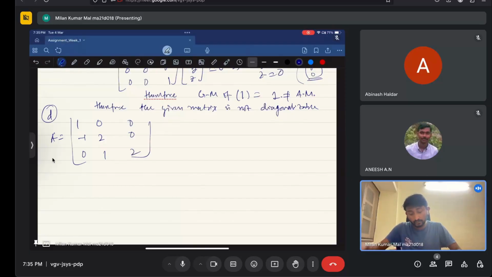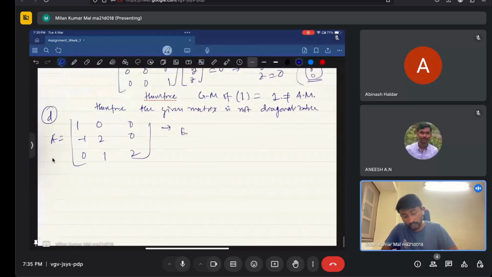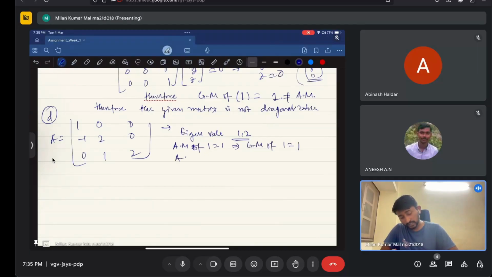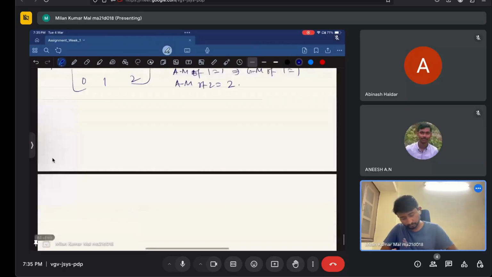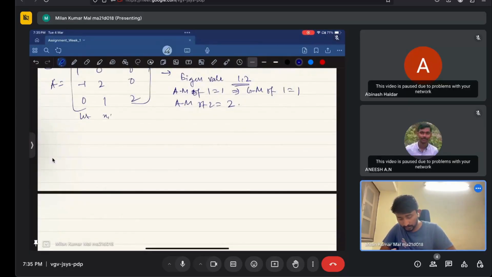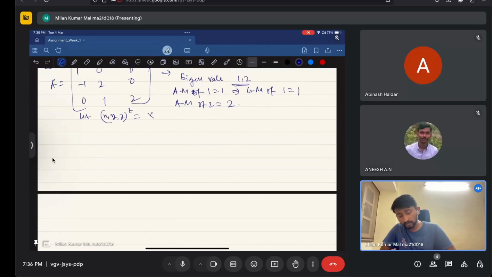That's true. So for this matrix also the eigenvalues are 1 and 2. The algebraic multiplicity of 1 is equal to 1, therefore the geometric multiplicity of 1 is equal to 1. The algebraic multiplicity of 2 is equal to 2. So let's check the geometric multiplicity of 2. So let x equal to (x, y, z) belonging to R3 be an eigenvector of 2, then